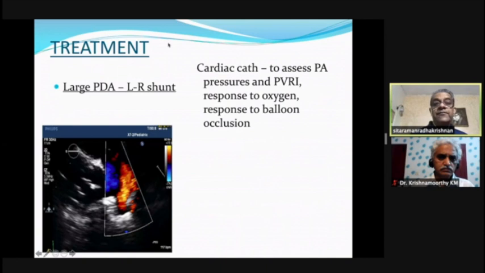Later on in life, you might have to do a lot of things to find out whether a PDA should be closed, especially when they come to you with pulmonary hypertension. You have to do cardiac catheterization. And sometimes what we do is, since it is ideally situated, we will balloon occlude the PDA on cardiac catheterization and then recheck all the pressures and see how it behaves on balloon occlusion. I'm not going into the details of this